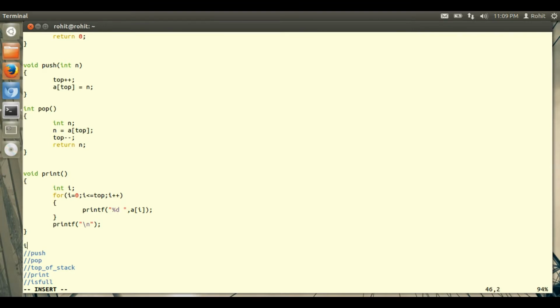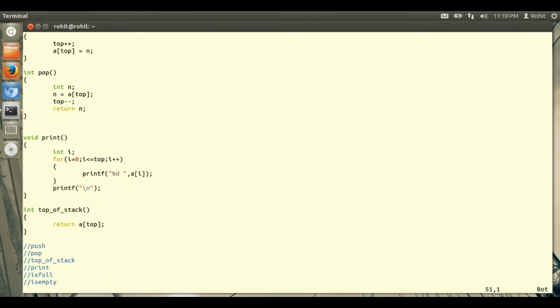And one more function we'll write, which is of course top of stack. Basically it will return the value currently pointed to by top of stack. So we'll simply write a[top]. Okay, so we have already defined functions for push, pop, top of stack and print, so we'll get rid of this. And here we'll write one integer